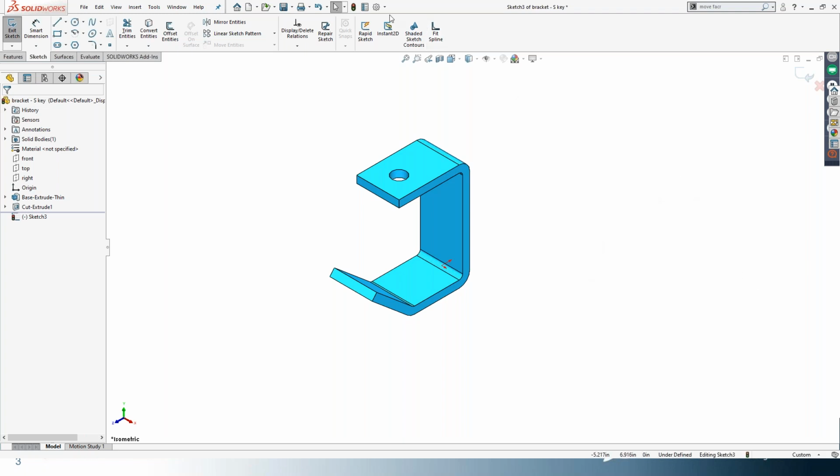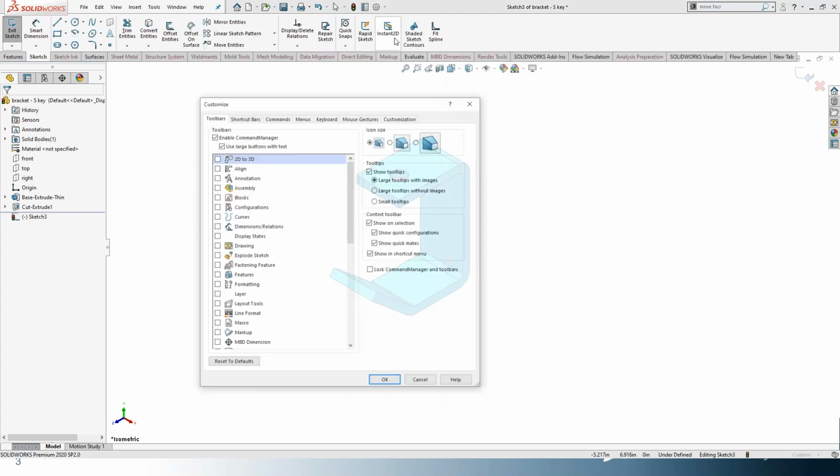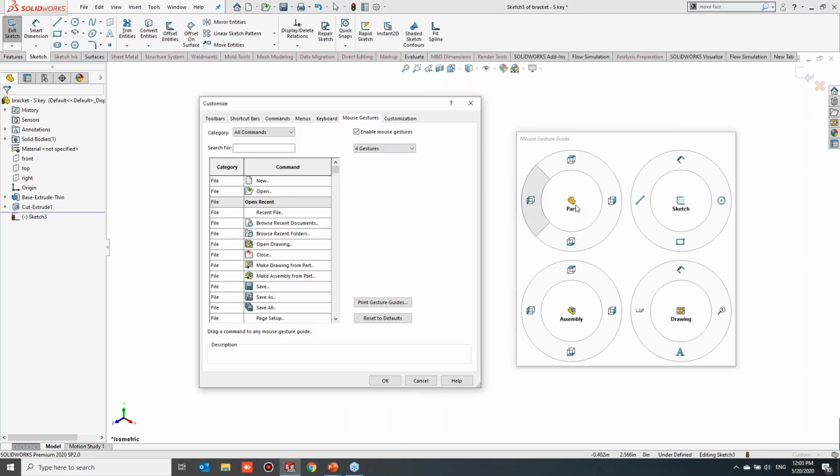For customizing mouse gestures, go to Options and click Customize. Here you will have your mouse gestures. You can customize for different modes, starting from sketch, part, assembly, and drawing. Also, from 2 gestures to a maximum of 12 gestures, we can customize. While looking at this, most of us would like to go with the maximum of 12 gestures. But if you have experience with mouse gestures, then you know how super sensitive it is. You can barely avoid messing up your selection. So it is always better to go with the default 4 gestures. Once you are familiar with it, you can increase the gestures.